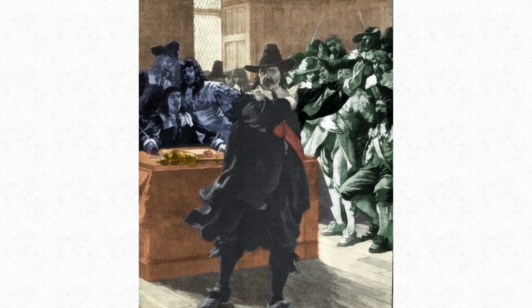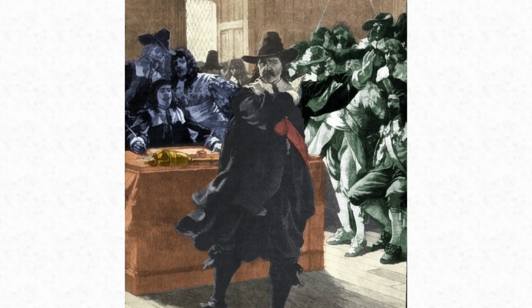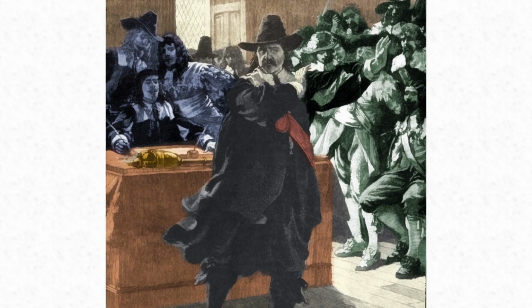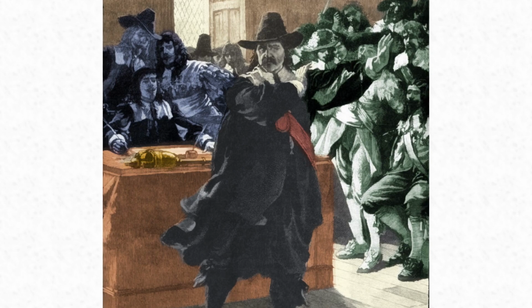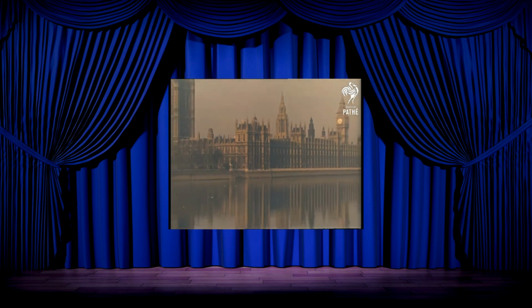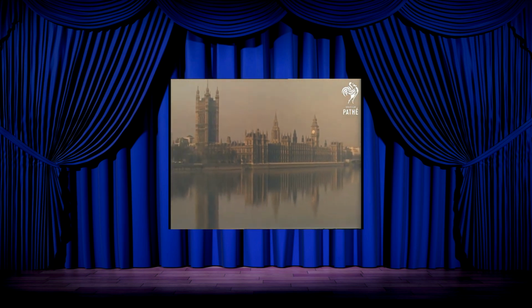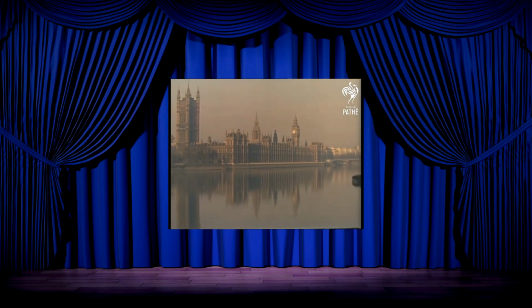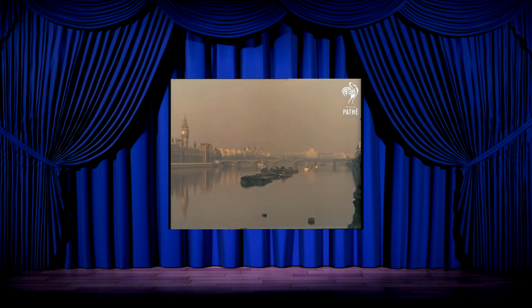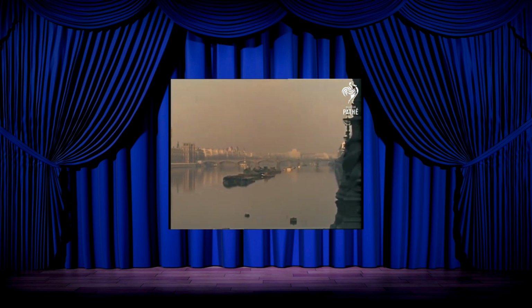Its inability to establish a stable government led to Cromwell's intervention, which further illustrated the complexities of balancing executive and legislative power. The monarchy was restored in 1660 with Charles II, but the balance of power had shifted. The restoration did not fully restore the old order. Instead, it was a compromise between royal prerogative and parliamentary power. Charles II had to navigate a more assertive parliament, which had gained experience and confidence in governance during the interregnum.